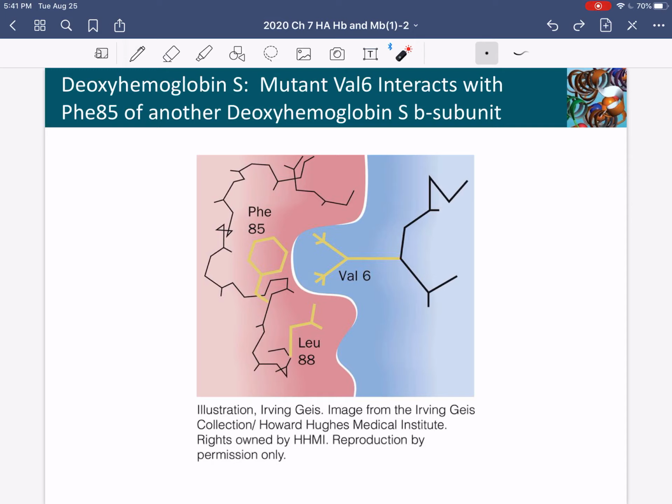Close up, we're looking at a phenylalanine that lines a pocket on one beta subunit that interacts, again, in the T state only, with the valine of the beta chain of another subunit. Remember, there are two beta chains in every hemoglobin. So one of the beta chains, phenylalanine, is here, and the other beta chain, beta 1 and beta 2, interacts with that pocket just perfectly. So the hydrophobic pocket fits the valine shape, but also buries hydrophobicity against hydrophobicity, freeing up water by the hydrophobic effect.